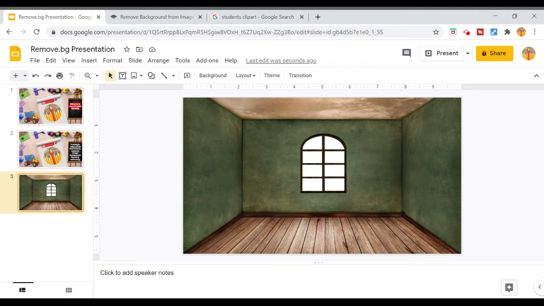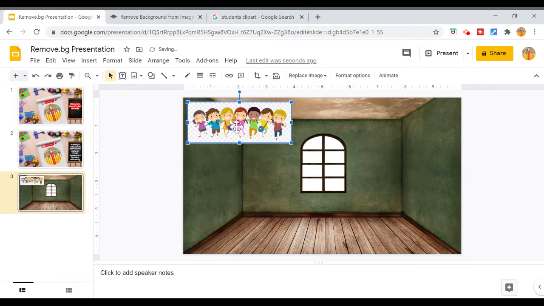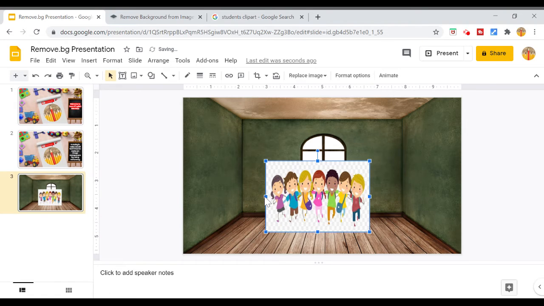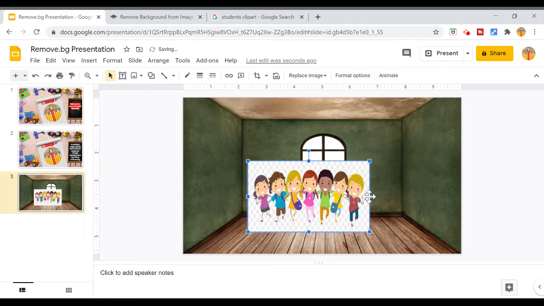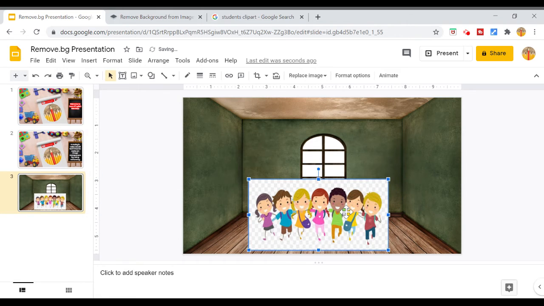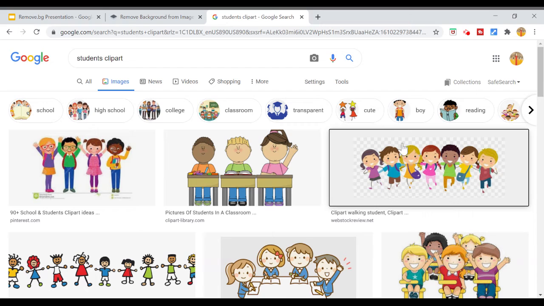So let's paste the students. As you can see, I can resize them and move them to wherever I want to position them, but they're not transparent. So that doesn't look so cool in our classroom, right? It doesn't look that good. It doesn't look like it belongs. So what do we do? Well, let me go back to the image so I can show you what is the alternative